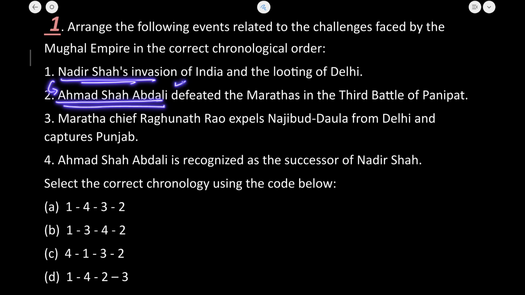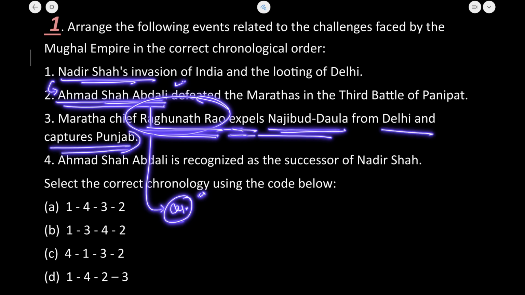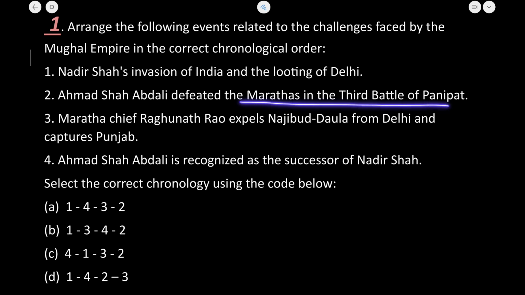Abdali never took control of India, and he appointed a caretaker Afghan to look into the matters. This caretaker was Najib-ud-Dawla, and ultimately the Maratha chief Raghunath Rao expelled Najib-ud-Dawla from Delhi and he captured Punjab. So this was the reason, as Ahmad Shah Abdali had appointed Najib-ud-Dawla as the caretaker Afghan for the region of Delhi to look over the things that were being done by the Mughals. So this agitated him, and ultimately Ahmad Shah Abdali came to India, and the third battle of Panipat was fought